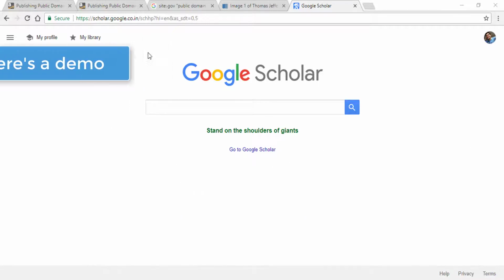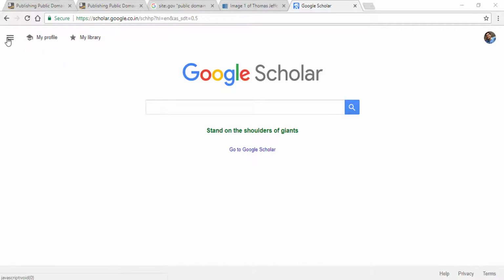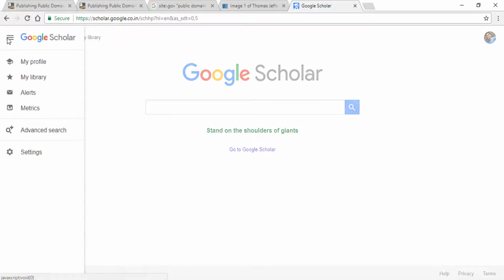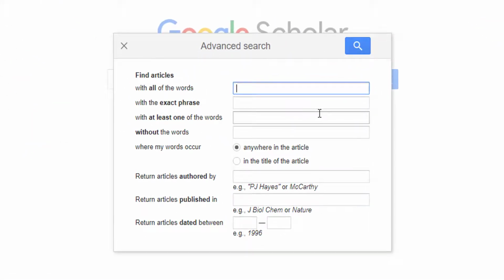Go to the Google Scholar website and click on this hamburger icon to open the menu on the left side of the screen. Click on Advanced Search. Type in the keywords or search words or phrases in your chosen topic. For example, now I'm going to type Benjamin Franklin. And in the last date field here, type 1923,